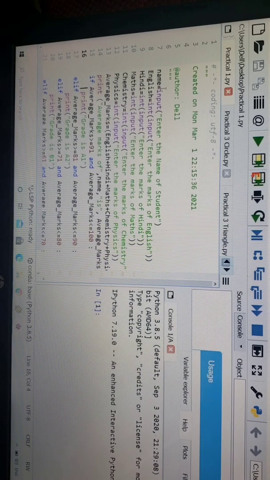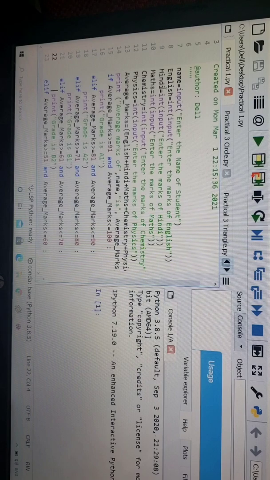Now according to the average, it should print the grade. If average marks is greater than or equal to 91 and less than or equal to 100, then the particular student's grade will be A1. If it is between 81 to 90, then the particular student's grade will be A2. If it is greater than or equal to 71, or less than or equal to 80, then in that case he will score